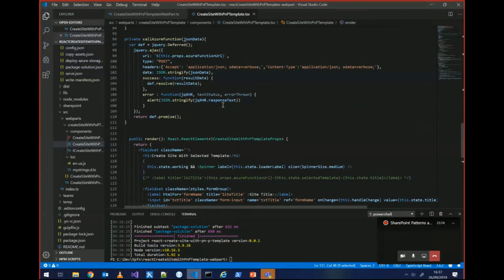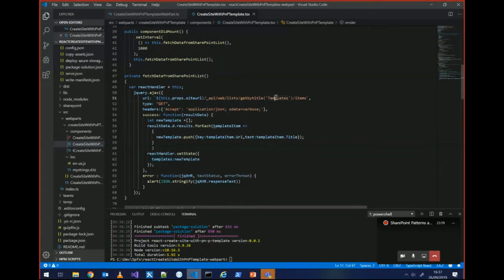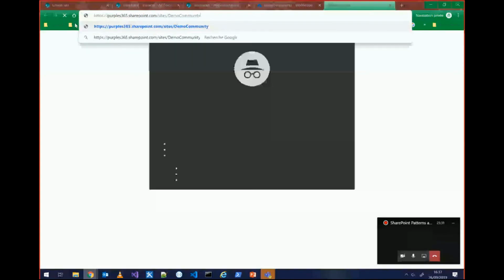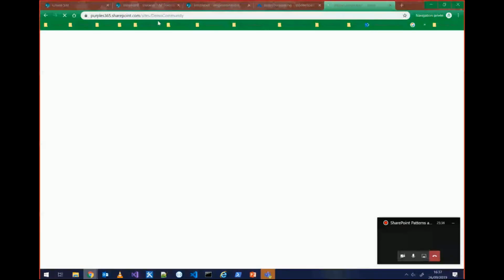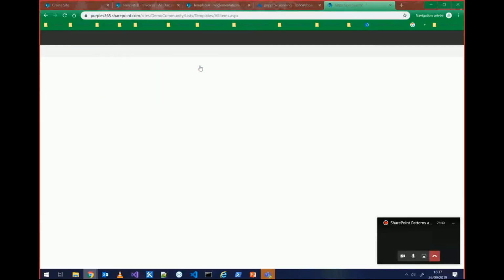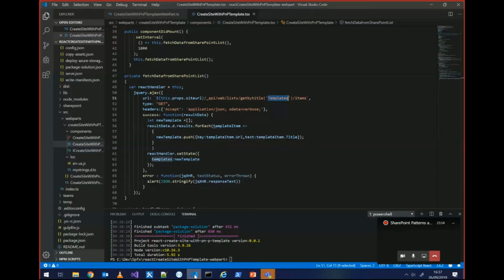So how I'm provisioning this property is basically I have a template SharePoint list where I define my different available templates. Let me show you. If I go here to available templates, I just say that this template is called template A, and I'm just hard coding the URL of the site. So if we go back to the web part,